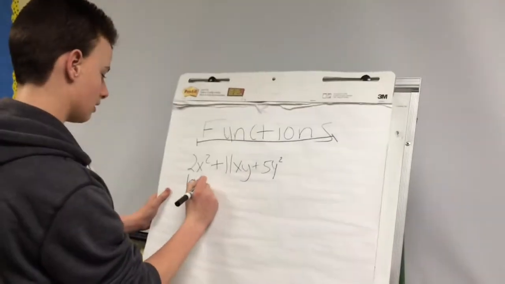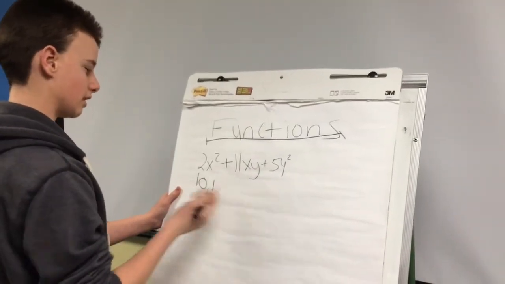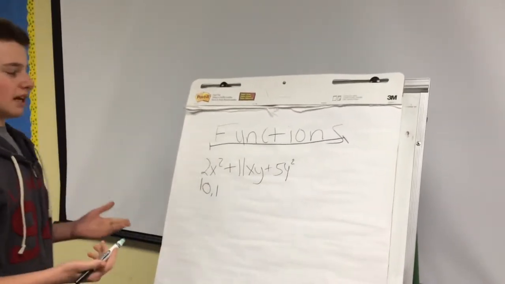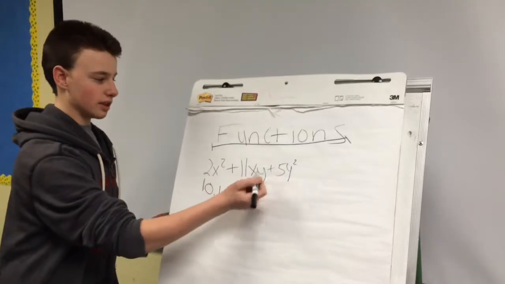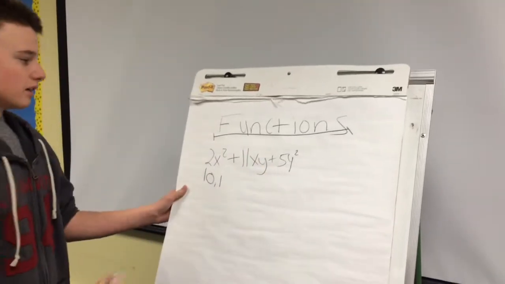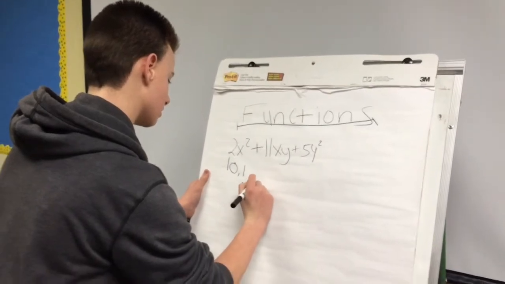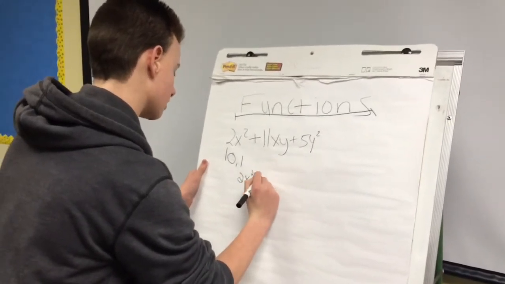Any two numbers that cross your mind? How about 10 and 1? You can give that a shot. So 10 times 1 is in fact 10, and 10 plus 1 equals 11. And we know both of our numbers have to be positive due to these two plus signs that are here. So now we'll rewrite our equation as 2x squared plus